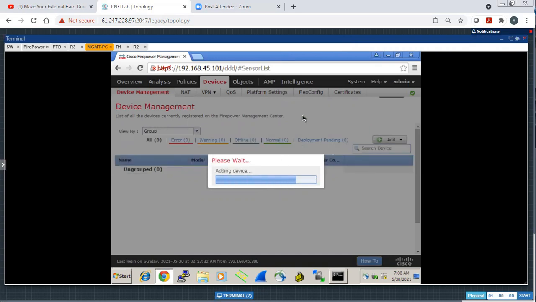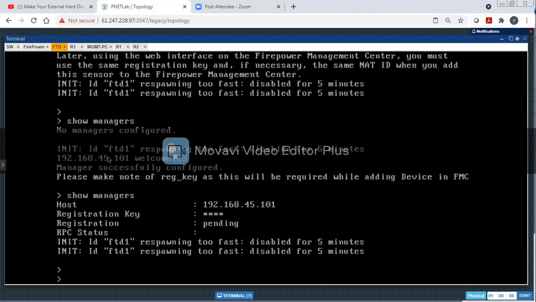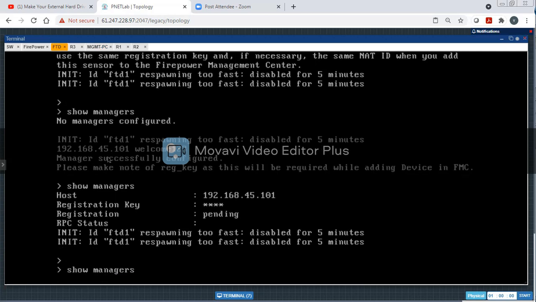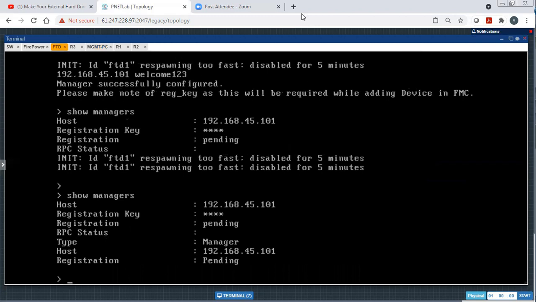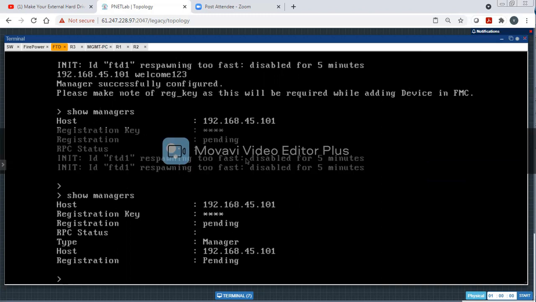Once it is registered, we're going to verify what changes you observe on FTD with the show managers command. If you see right now, we have a difference coming up.